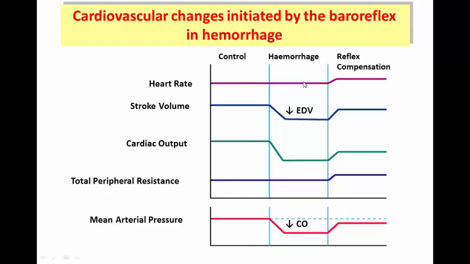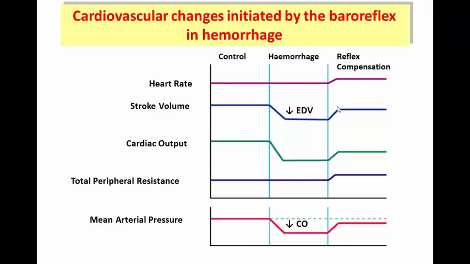During hemorrhage, the heart rate is not affected, and with compensation the heart rate increases because of the increased sympathetic outflow to the sinoatrial nodal cells and the decreased parasympathetic, decreased vagal influence on the sinoatrial nodal cells. Stroke volume, this is before bleeding. Stroke volume is decreased as a result of hemorrhage because of the reduced end-diastolic volume, and with compensation the stroke volume increases and goes towards the normal stroke volume because of the increased sympathetic outflow to the contractile myocardium, increasing the force of contraction